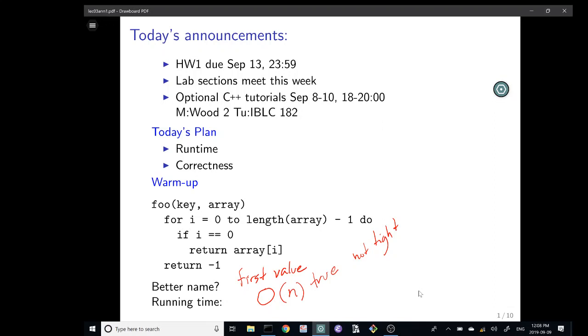The smallest function such that the running time is big O of that function. Or if you're really lucky, you could say that it's not only big O of that function, but also big omega of the function. It's bounded above by the function. That's a big O bound. And it's bounded below by that function, or a constant times that function. That's big omega.